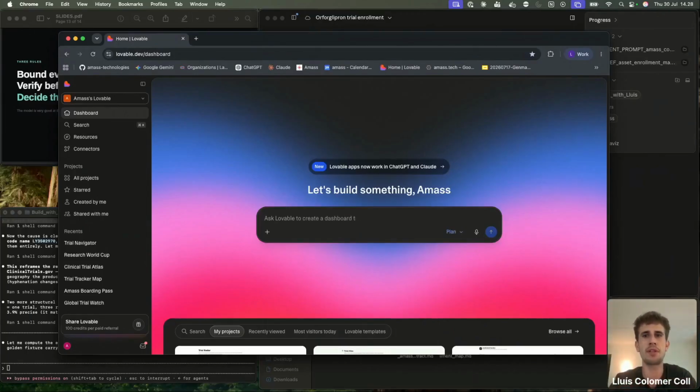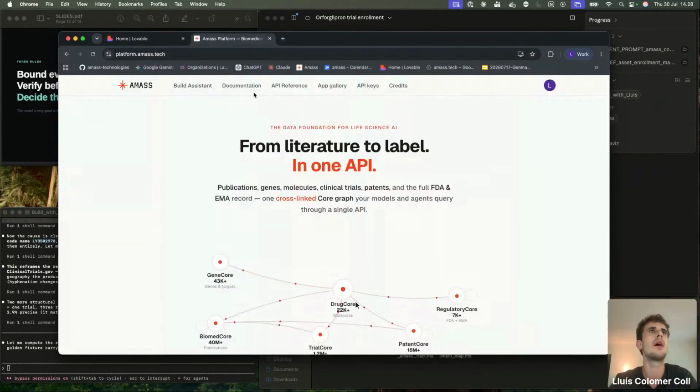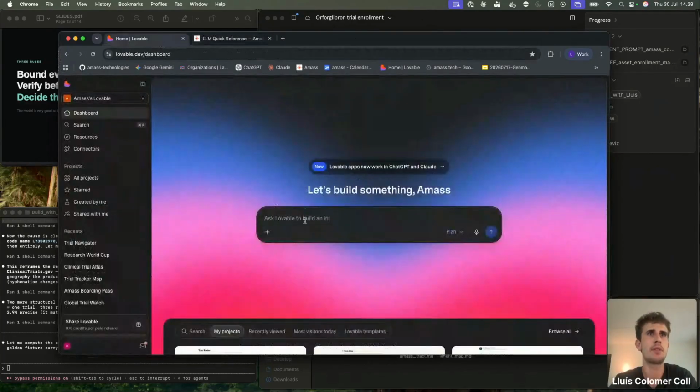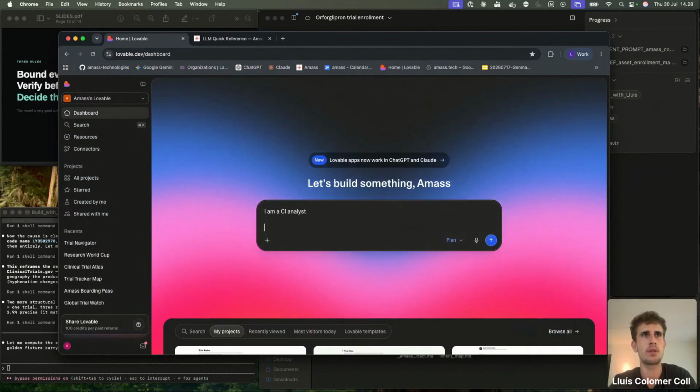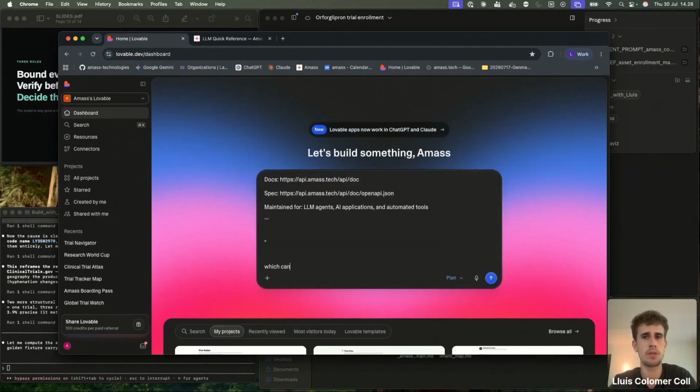You could even try to just use the platform, using the documentation and the quick reference. You could even say, I am a CI analyst, build an app which can help me in my day-to-day work.